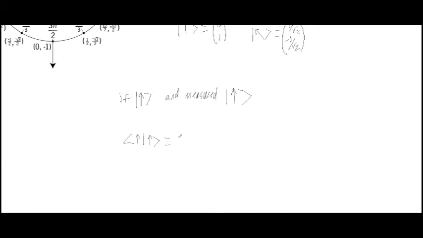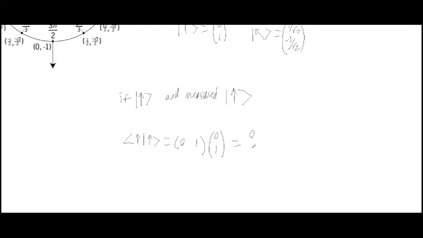So that will be 0, 1. So we know that the bra has to be a row vector, and then we multiply that by the ket vector, which is a column,